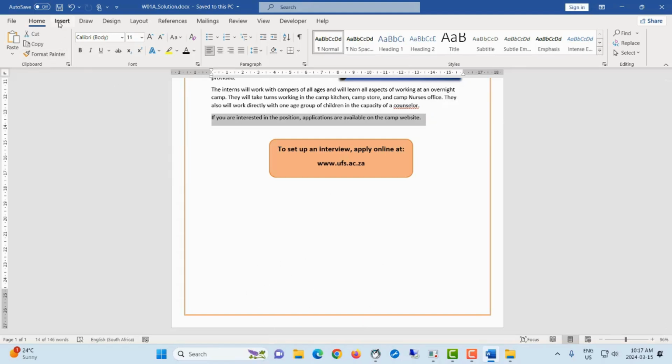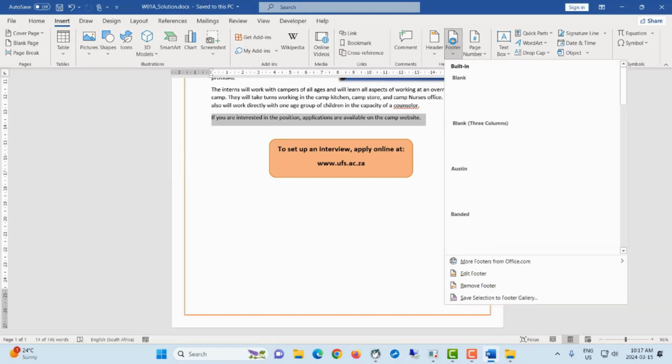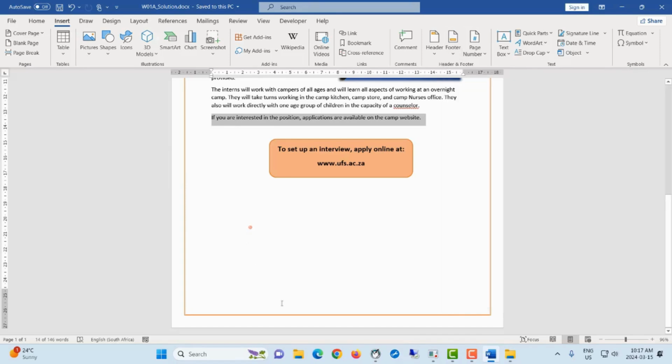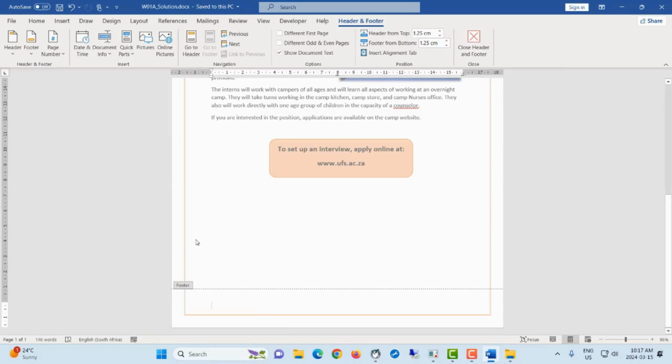You can activate the footer by going to the Insert tab and clicking on the footer. Then you will decide which one you are making use of. Alternatively, you can double click at the bottom there and it will activate your footer. So what I want to type on the footer is the file name, which is